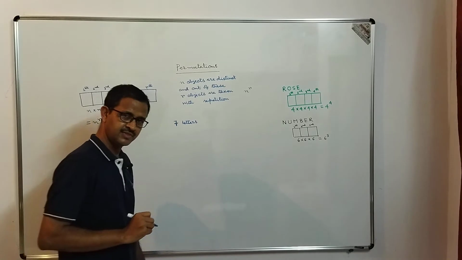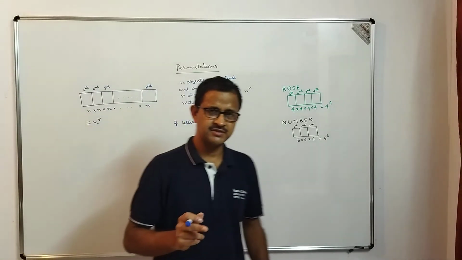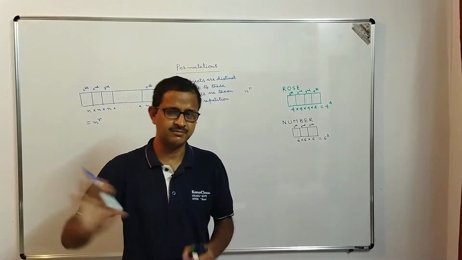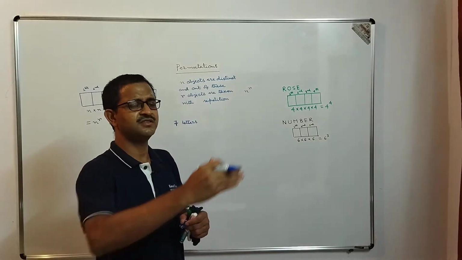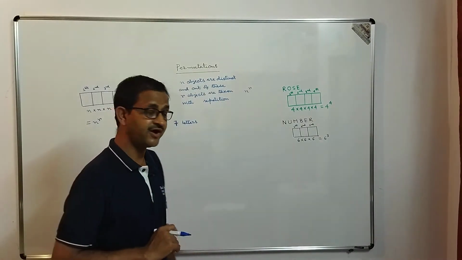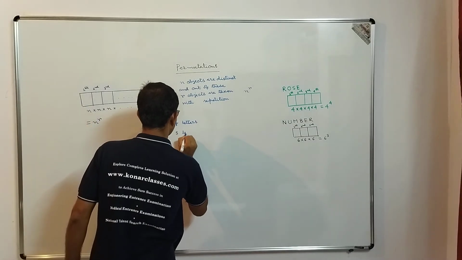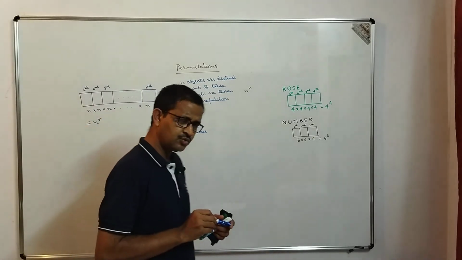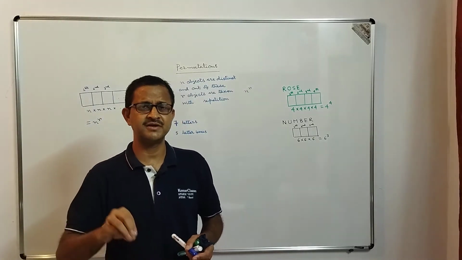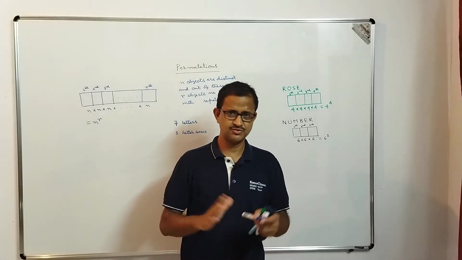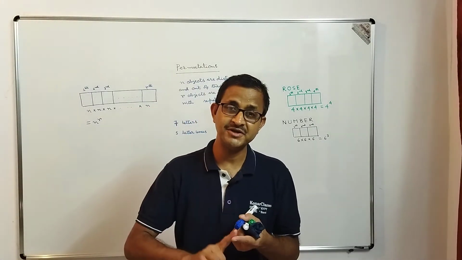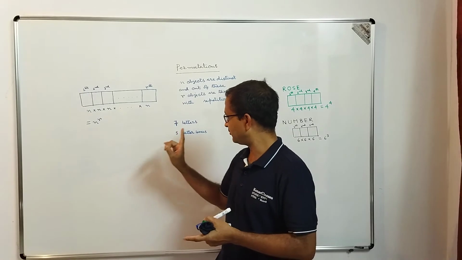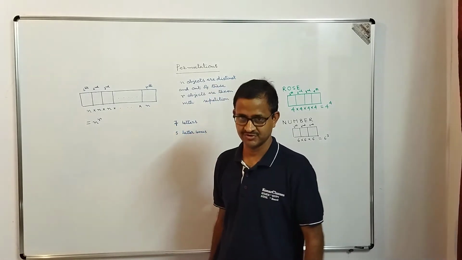Seven letters, and he told you that on the way to your school, drop these letters in the letter boxes. How many letter boxes are there? When you go from your home to school, you find there are 5 letter boxes. So you are free to drop any number of letters in any letter box. There is no such restriction. Now the question is: in how many different ways, how many different arrangements, can you deposit these 7 letters into the 5 letter boxes?